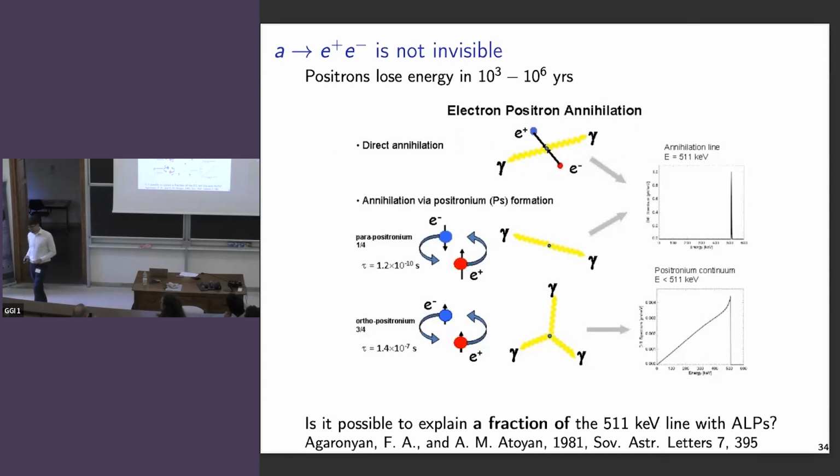What is the 511 keV line? It is a strong photon flux coming directly from the galactic center, which has been measured by different experiments, such as the spectrometer on INTEGRAL. So the question is, can we explain